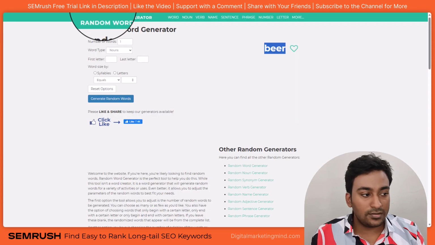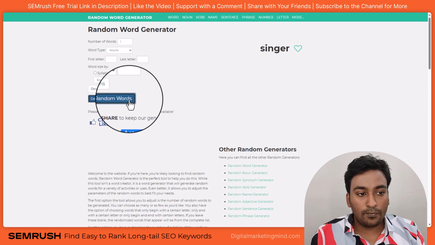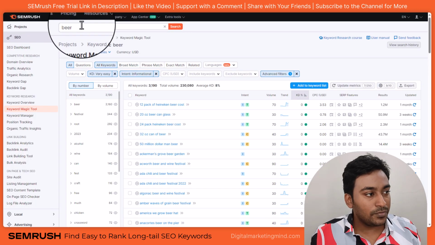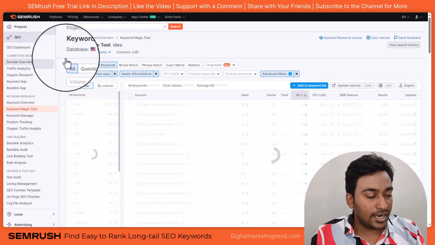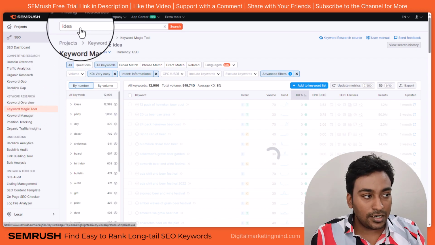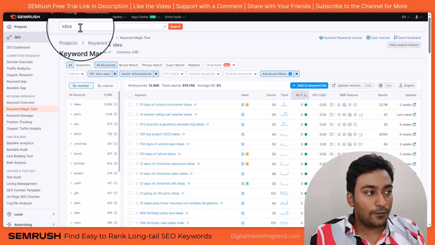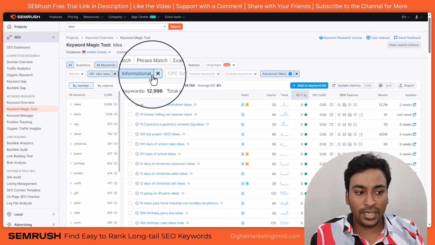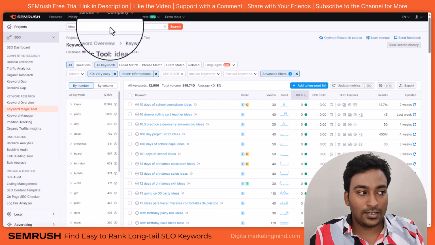Maybe I'll try one more example. I'm going to pick something, investment protection. I'll take anything, for example. So maybe the next word which I'm going to click, maybe I'll take that as an example. So, idea. I'm going to copy paste idea. Same principle, searching that keyword within the Keyword Magic Tool. As soon as I enter it here, the cool little thing about SEMrush is that if I am only changing the keyword here, rather than going back and coming into this, all the filters which I applied will be staying there. So it is easy for me to automatically use that same filter for this keyword.